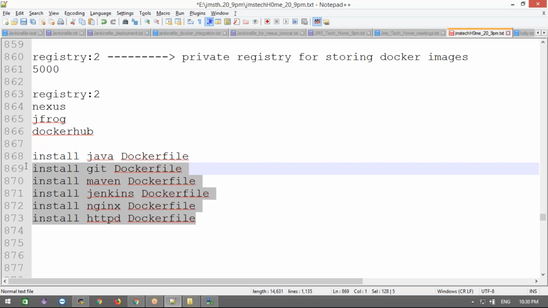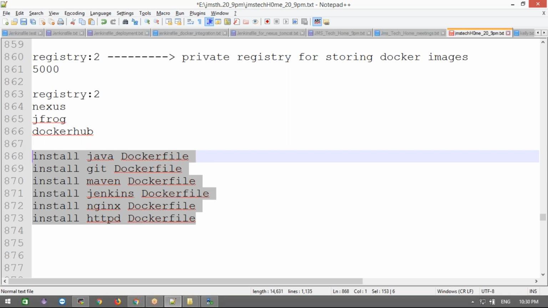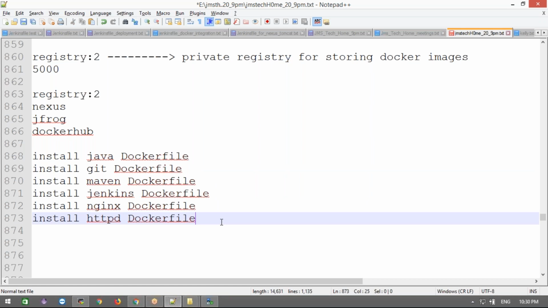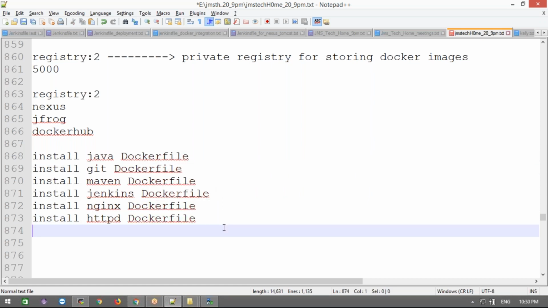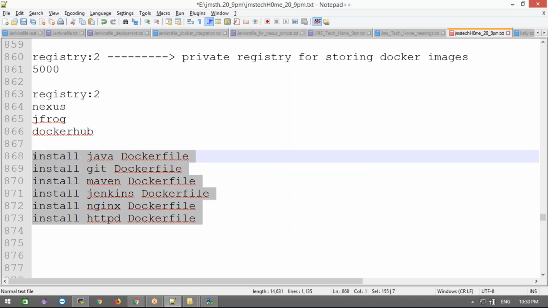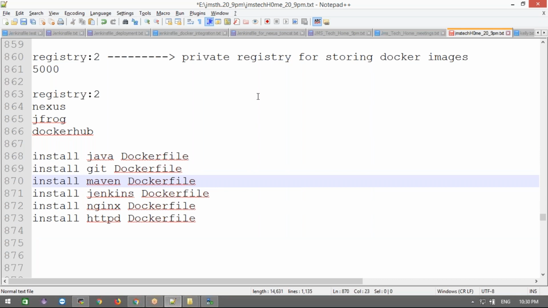Everything is simple, but they will be written for Ubuntu. What you should take is a lightweight base like Alpine Linux, and we can build very lightweight images. That is your homework, just do it and practice. If you write any of these Dockerfiles, you can work on Docker anywhere. If you are given any difficult requirement, we are able to achieve it. If you practice this, definitely 100%. Clear, guys?